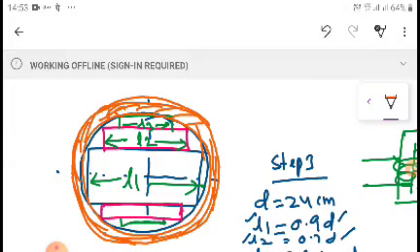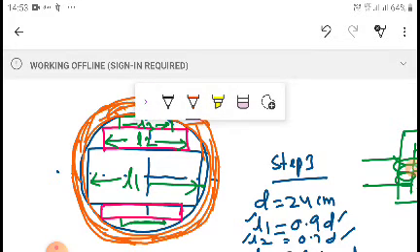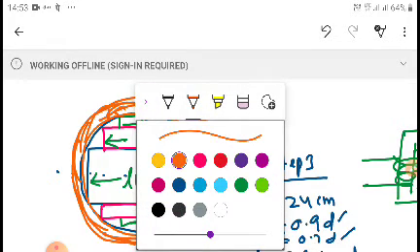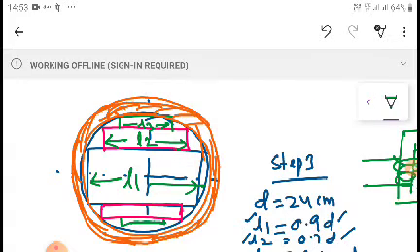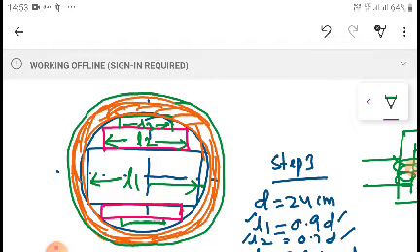So LT is placed nearby the core material. Next, you will give the inner diameter of the HT coil. Now here I am going to write the LT coil. This is the LT coil, and this is HT. So you give the inner diameter of the HT coil. Based on the dimensions, I can draw the circle with the given dimensions. Next, we will give the outer diameter of the HT coil as well.